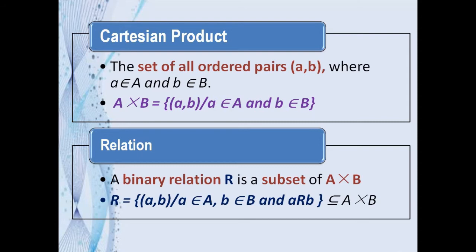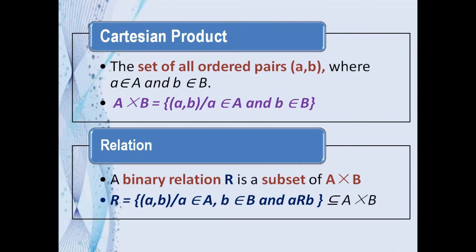Now, we define the Cartesian product between them as the set of all ordered pairs (a, b) such that the first coordinate a belongs to the first set A and the second coordinate b belongs to the second set B. And this is again a set, and its elements are in the form of ordered pairs. Now we have to study the connection between the ordered pairs in the name of relation. A relation is nothing but a subset of our Cartesian product which expresses the bond between the ordered pairs. That bond or link is known as a relation.